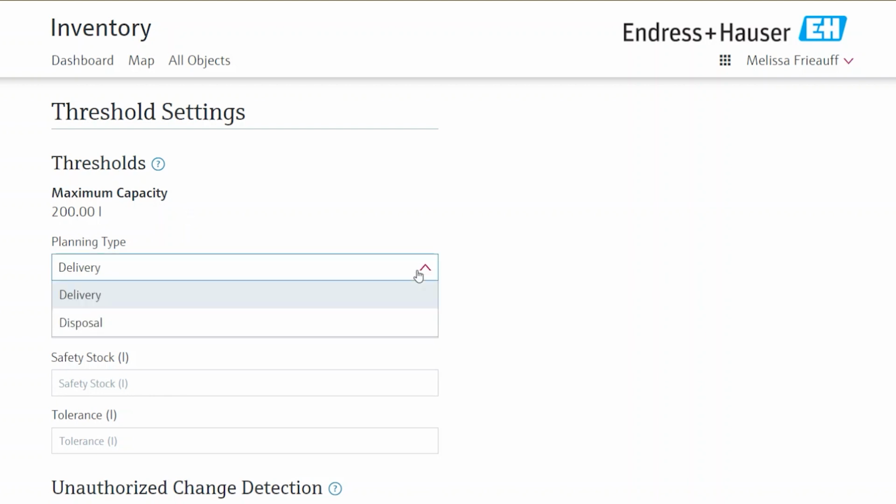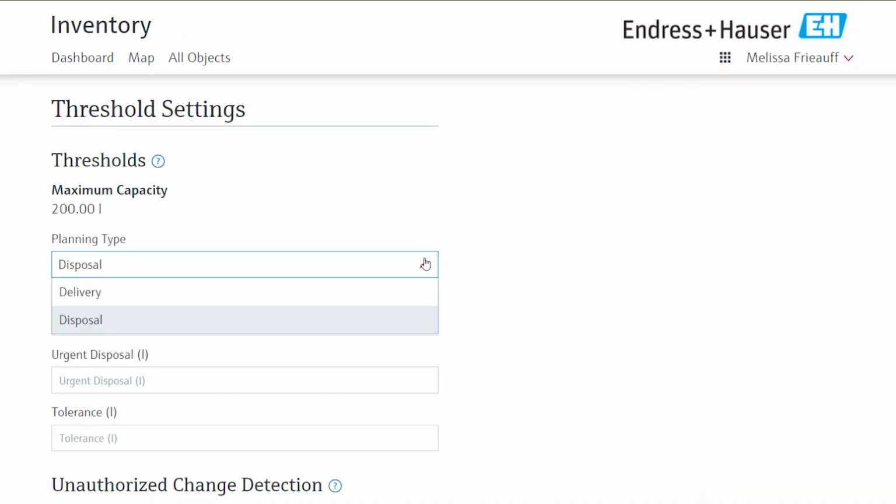So under thresholds, first off, you can define a planning type. So is it delivery or disposal? Delivery, for example, would be if you have your tank and you consume its contents slowly over time, and then at a certain point you order to refill it and then have it refilled in one go. Disposal would be the other way around.